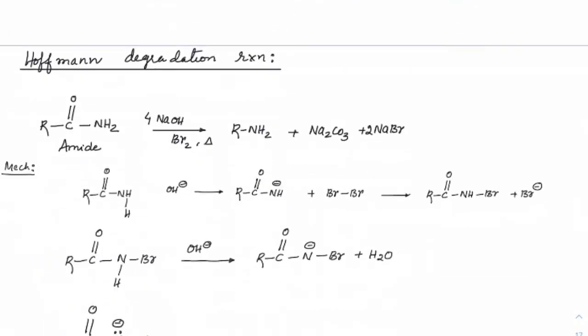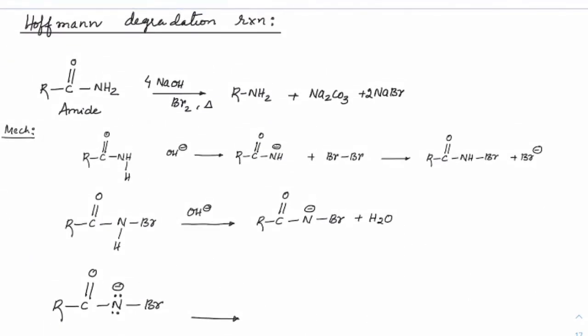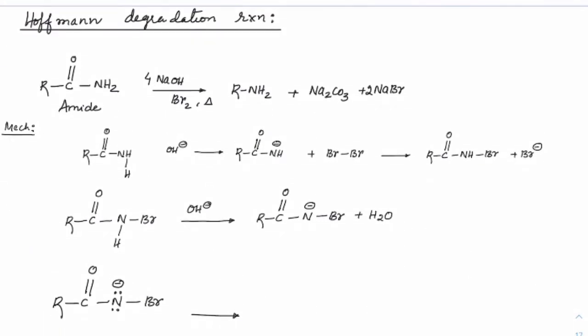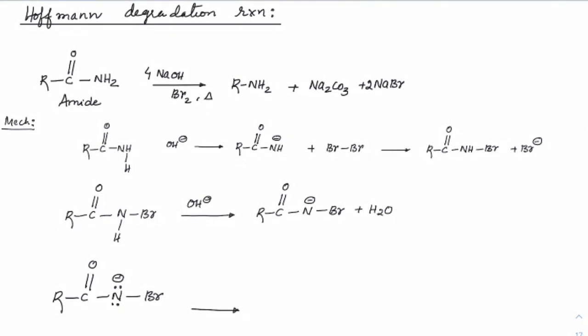Okay. Now let's come to one important reaction here. In carboxylic acid, mainly there are two new reactions. One is the Hofmann bromamide degradation, and the second one is the HVZ reaction. Got it? So let us see this one, Hofmann bromamide degradation.